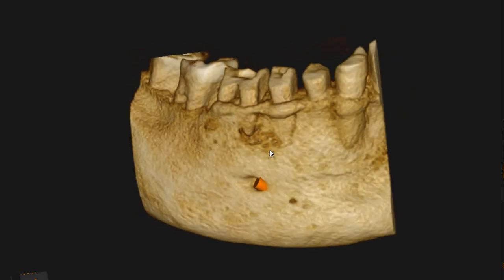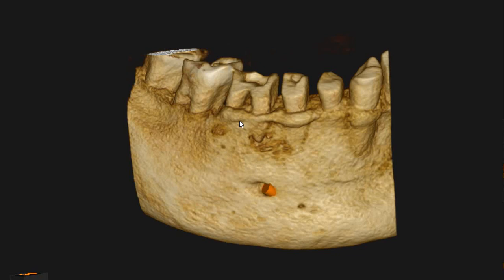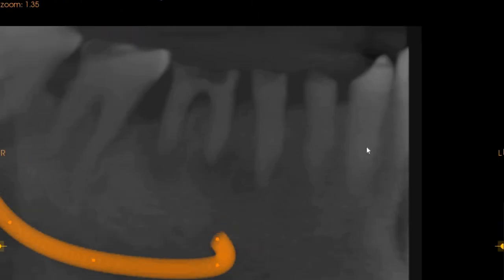This is the high resolution endo board CBCT requested of the lower right 4, 5, and 6. This is the 3D rendering. Moving to the